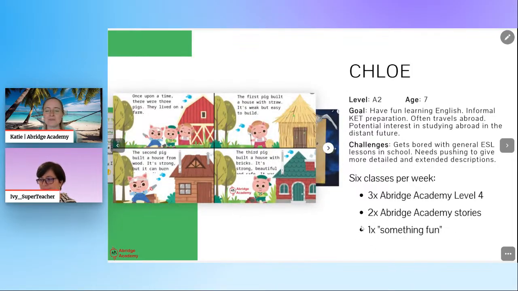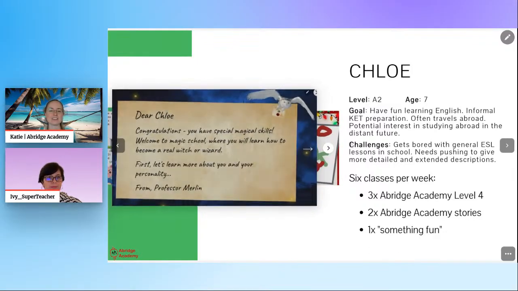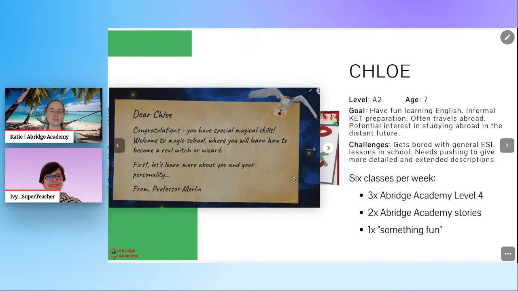Because I put here one time something fun. The mum says she wants her to enjoy learning English. She's still at a very young age. So she needs stretching and challenging. Yes, she needs to develop more advanced skills, but because she doesn't have that really specific thing that she's working towards, like a particular exam or something she needs to learn English for imminently, the mum wants to build that more basic enjoyment of learning. So that's what we had, a lot of fun stuff like stories. This was the School of Magic lesson, which she really enjoyed.